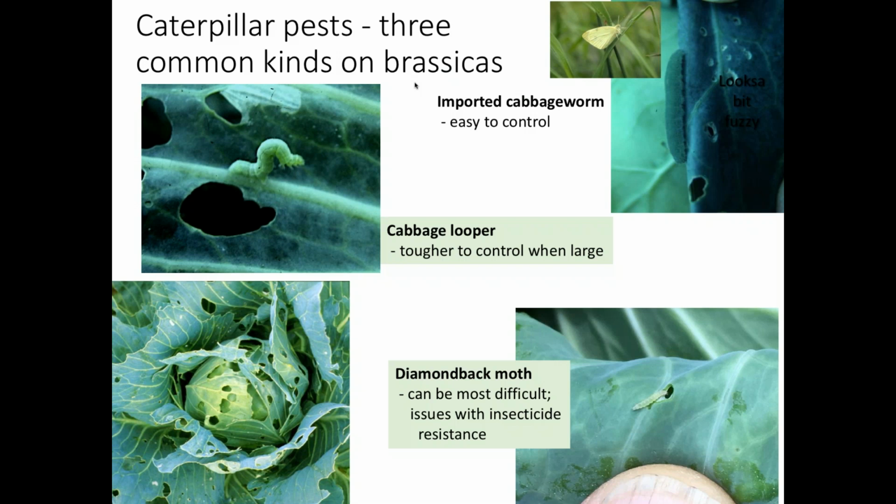Cabbage looper can be tough, particularly when they get large, and Diamondback can be probably the most difficult for a number of reasons, but part of it could be due to insecticide resistance, which seems to be a growing problem in some areas. And on the left is some typical damage you'll see from these kind of caterpillar pests. In many cases, heads like this would not be marketable, so we have to try to prevent